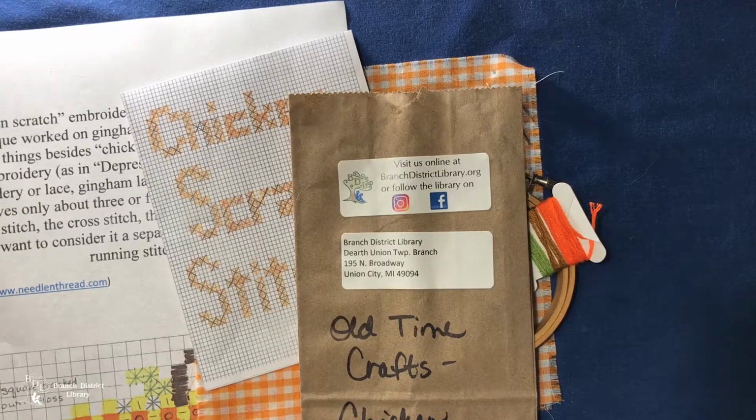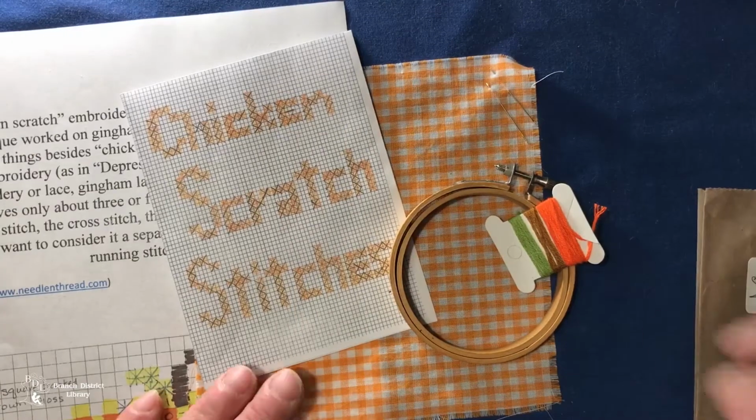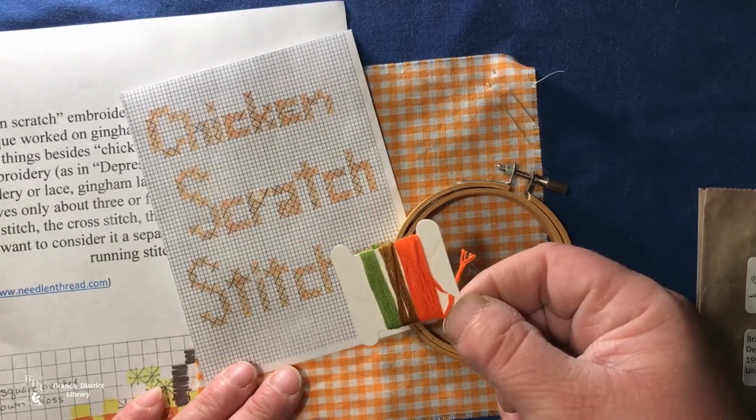You can ask for a kit from the Union Township branch, and I'm going to tell you what's in those kits, and then I'm going to demonstrate the 3 stitches that you'll need to learn to do chicken scratch. Okay, within the kits, you have your bag. Within your kits, you're going to get your floss,